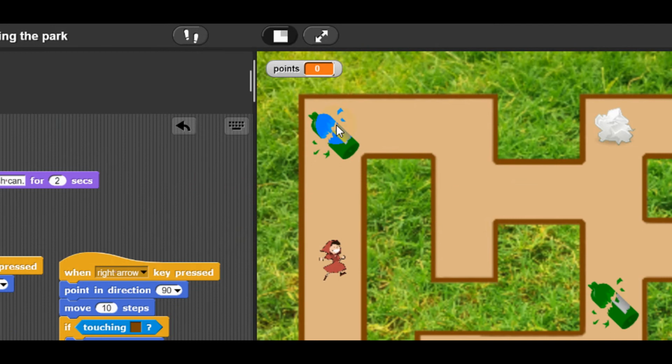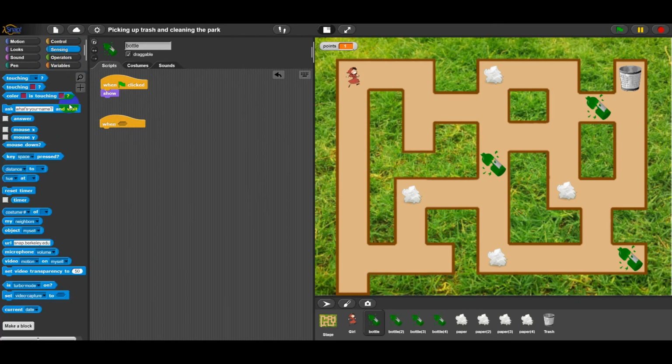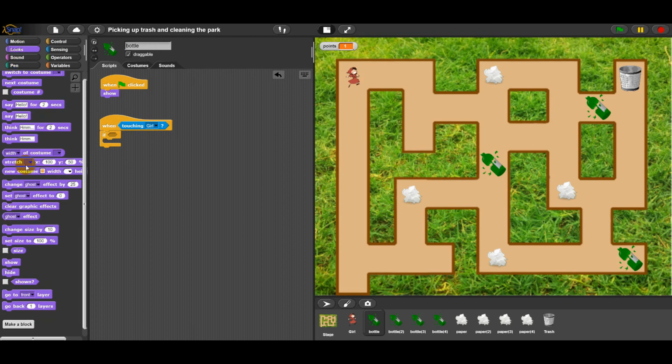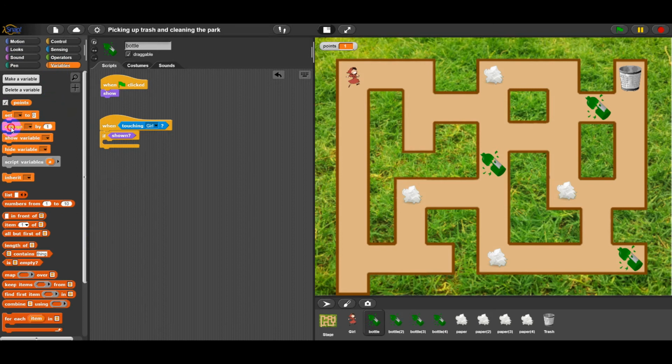Students write the code for a bottle. The idea is that the sprite disappears, which means hide, when it touches the girl. So the code will start when the sprite is touching the girl. Then we have to think in which case she picks up the trash. If we said the trash hides when it's picked up, we can only pick it up if it's still there. In other words, if it's still shown. If the sprite bottle is still there, we pick it up and put it in the variable box.